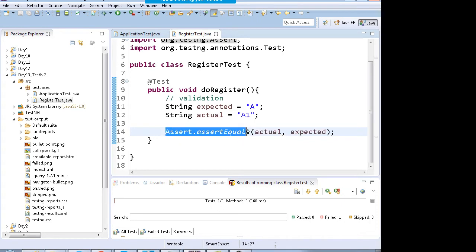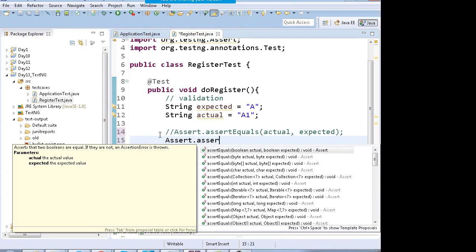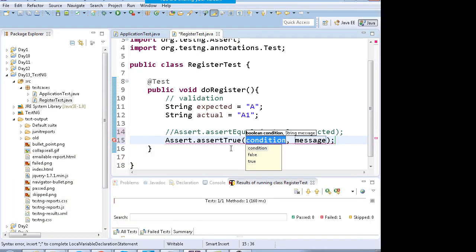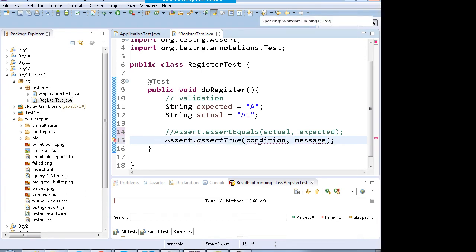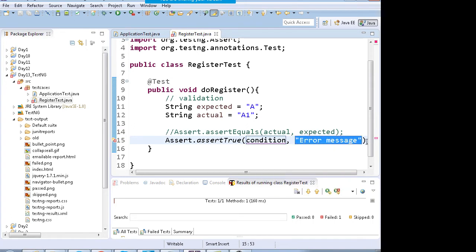So you use assert equals, and there is one more assertion which you generally use, and that is assert true. Assert true means that you have to specify some condition and some error message. If this condition evaluates to false, then this error message will be thrown.